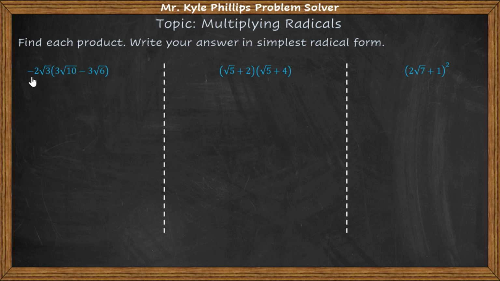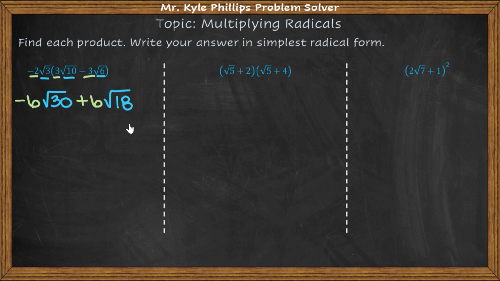Now with radicals we're going to multiply coefficients by each other, and then we're going to multiply the radicals by each other. So here I have negative 2 times 3, that's going to give me negative 6, and then I have root 3 times root 10, and that's going to give me the square root of 30. Then moving to the next one, I have negative 2 times negative 3, and that's going to give me a positive 6, and then I have root 3 times root 6, and that's going to give me the square root